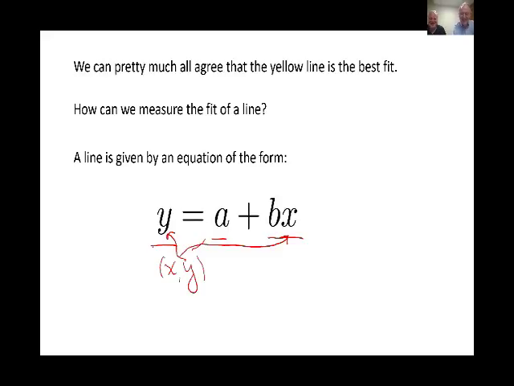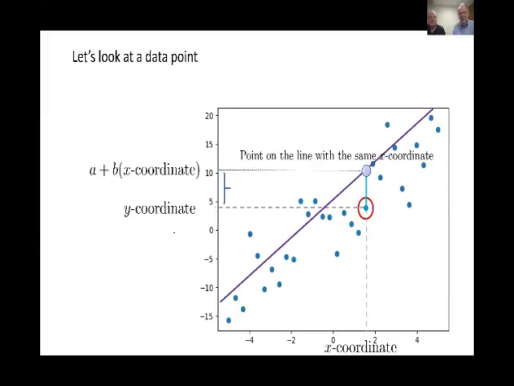Well, that's the equation for a line in the plane. So we're trying to find a line, i.e., an equation of this form that fits the data best. So the points that we have in the plane, we're trying to find an A and a B that somehow fits these points best possible. So let's see what it means. Let's define what it means to fit or to go through these points as much as possible. So you see this